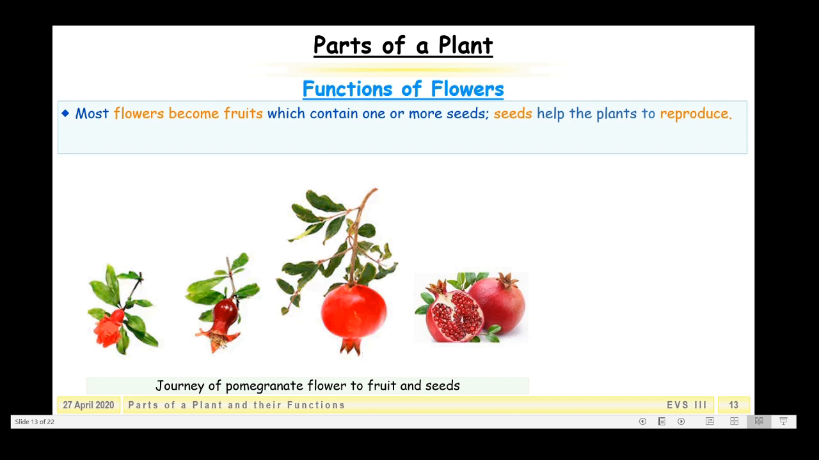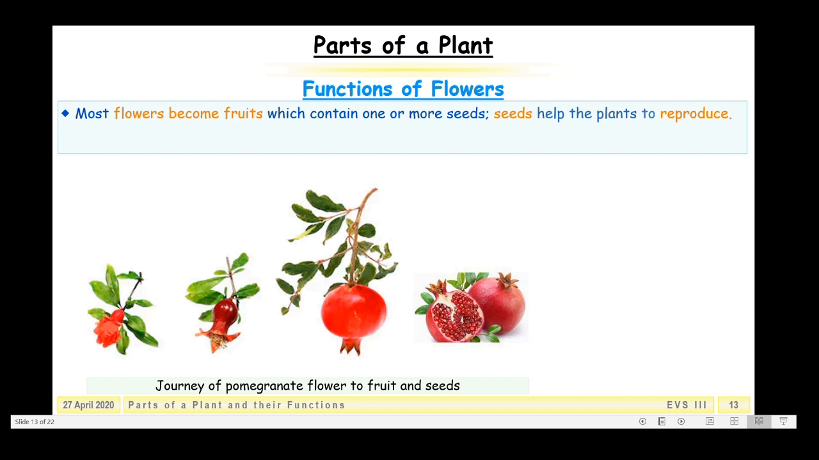Alright? And when you cut open this fruit, what will you find? You will find seeds inside. Right? So a flower is producing seeds and a plant is producing a flower. So why is the plant producing flowers? Because the plant has to produce seeds to reproduce. We know the term reproduce, which means producing ones of their own kind. That means if the pomegranate flower has produced seeds and if we sow them, we will get more pomegranate plants,